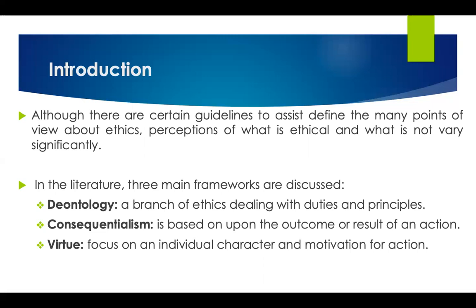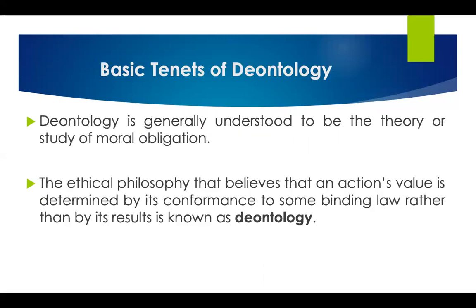We also discussed instances where the consequences or outcomes of your decision will determine whether it is ethical or not ethical. And that falls under the consequentialism theory of ethics. Then finally, we looked at virtues. You remember values and virtues. So it focused on the individual's character and motivation for action. This time, we are not looking at whether it's a duty or consequences or outcomes. We're basically looking at the person and whether the person has the character and motivation to do what is right. So that is the main thrust.